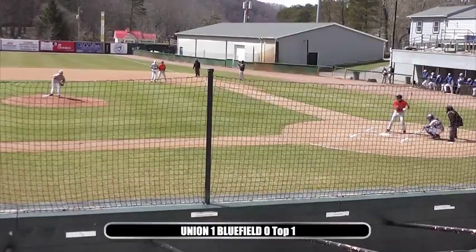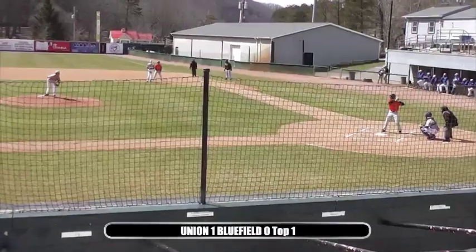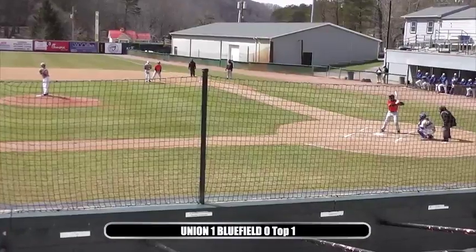And if you watched that first game between Union and Bluefield yesterday, it was tough to watch if you're a Bluefield College Rams fan because the Rams were just not deep enough on the mound to get through that game. They had to throw just 3 guys, Estep, Cutler, and then at the end, Aaron Hash